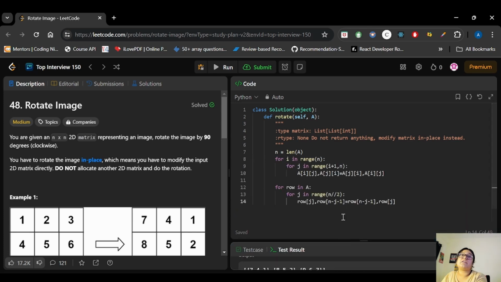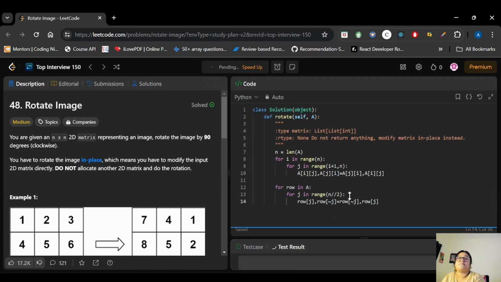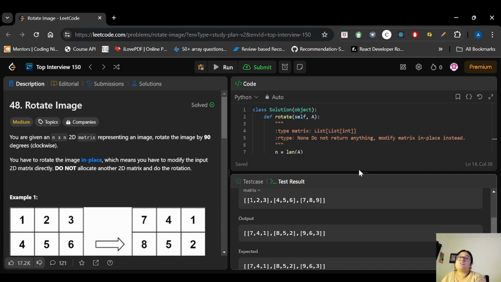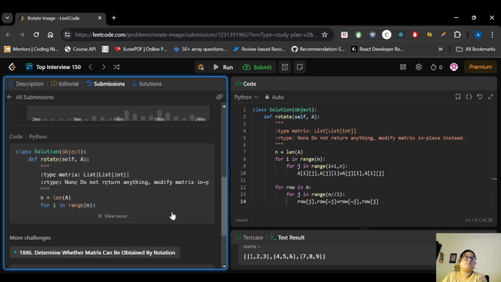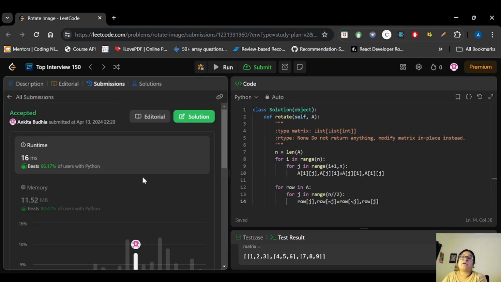Now as I said, we can take the complement of j also, which basically means the values from the backward direction, so if it is 1 then it will show the 2. So if I take the complement of j here, and here also I will take the complement of j. Now let's try to run this again. So using this also, sample test cases have passed. Now let's try to submit it. So this code has been accepted.